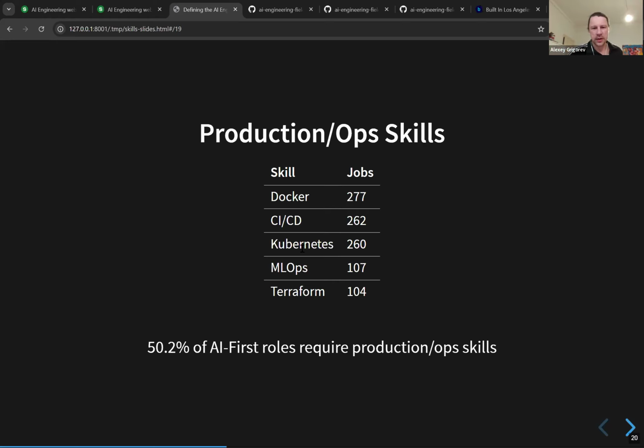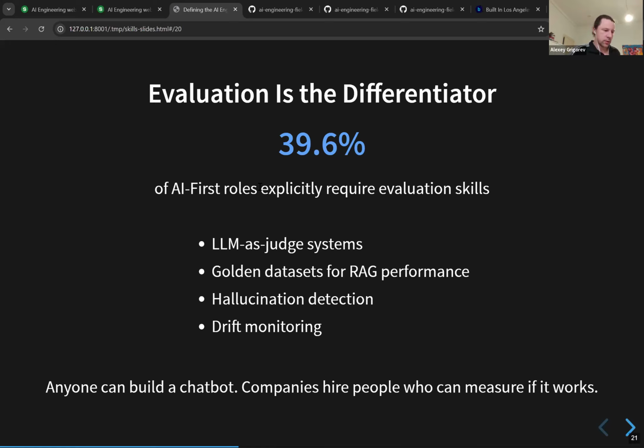And then another thing is many companies require evaluation. So when you build your RAG, this is cool, but you shouldn't stop at that, and you should understand how you evaluate the RAG because many companies mention that in one way or another. So it's not one skill that you have, but I had to combine many different keywords to understand for how many companies evaluation is important. And this is another thing. It's not just enough to learn RAG and agents, you also need to know how to evaluate what you build.